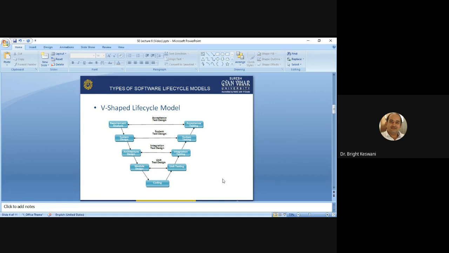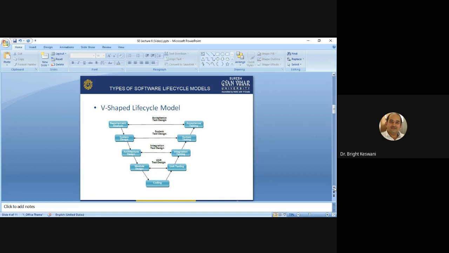The drawback is that here also the functional unit can be seen only at the end of the development. So if the project is of low risk and sufficient resources are available, then this model may be preferred over the waterfall model. If you have a small project, a low risk project, and sufficient resources, then only can you adopt this method, and it is preferable instead of the waterfall model.